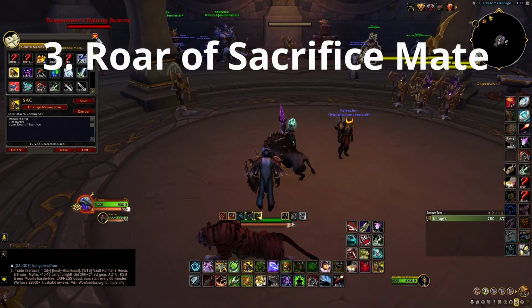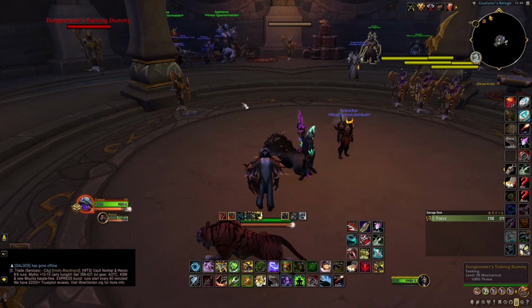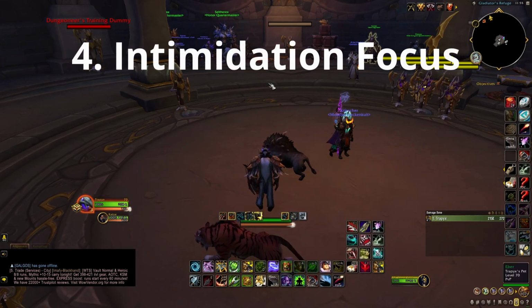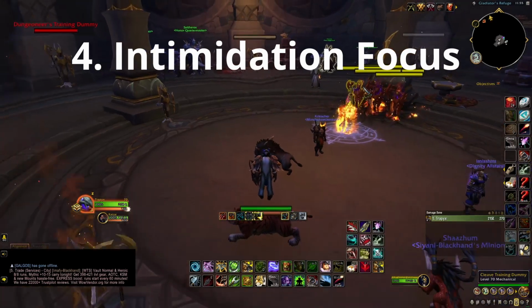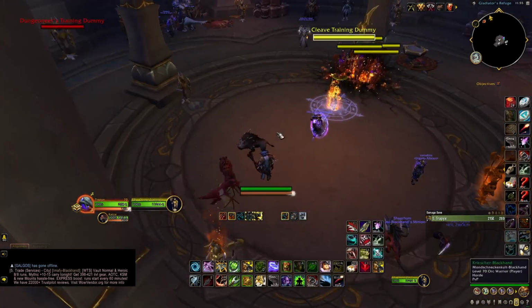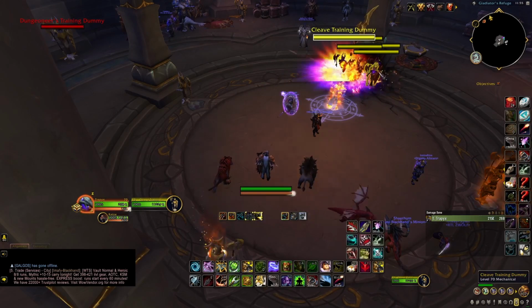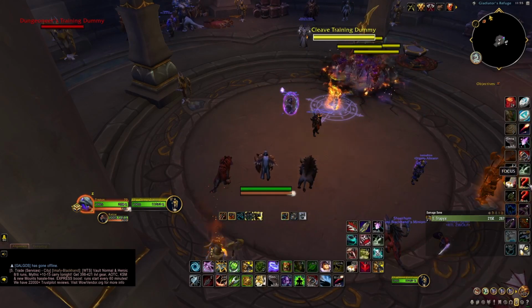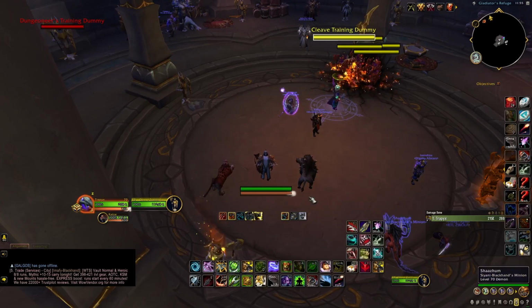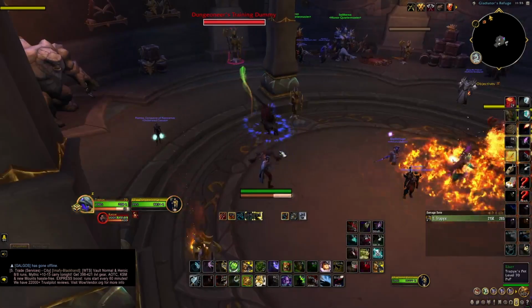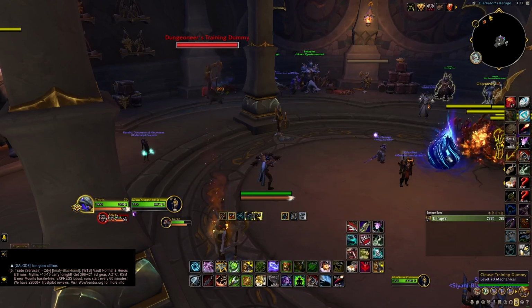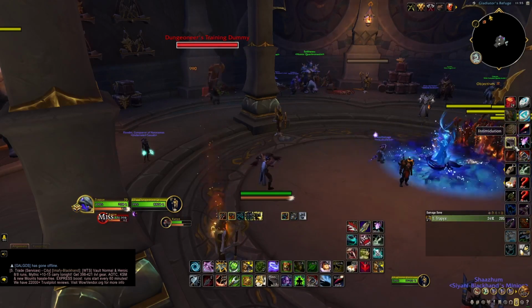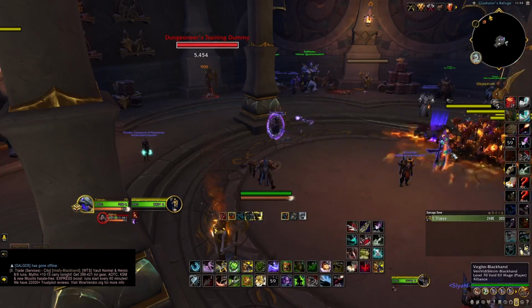Then let's go on with the intimidation macro, with the focus macros. For this example I can zoom out a bit. Let's say this guy here is our focus now, this cleave training dummy. Let's put him into focus. Here you can see it, and we attack this guy. And now I go intimidation on my focus, and you see my pet running to him. You saw it, and he's intimidated,